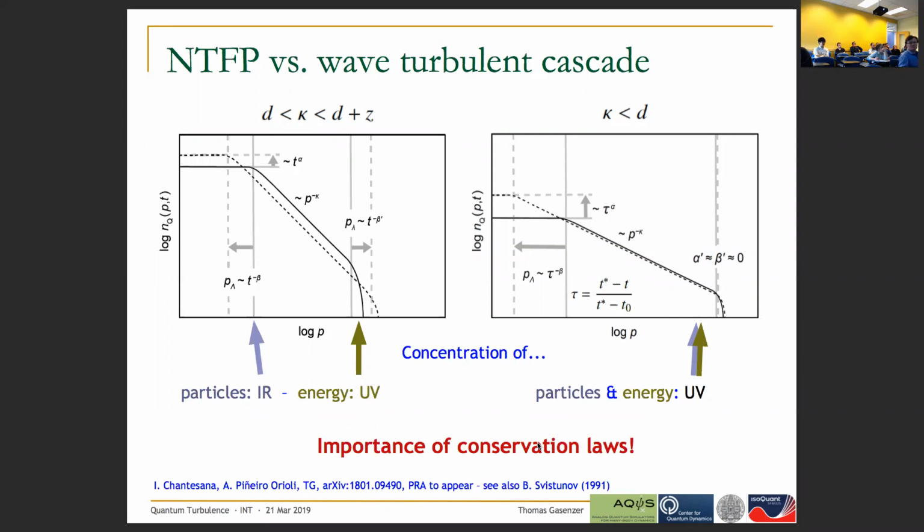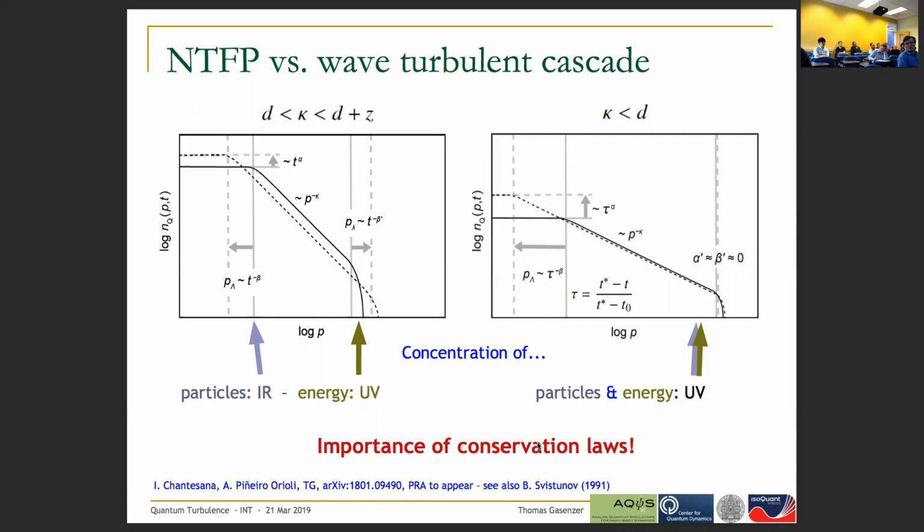In this case, it actually has two scales, one moving to the left with exponents beta and alpha, and one moving to the right with exponents beta prime and alpha prime. And both of these are connected to each other, again, through the conservation laws. So as I said before, we need to make sure that the area under the curve is conserved, as well as the energy, which is